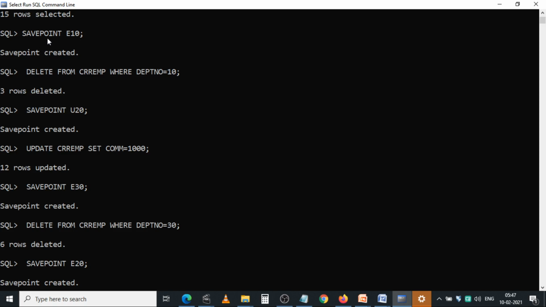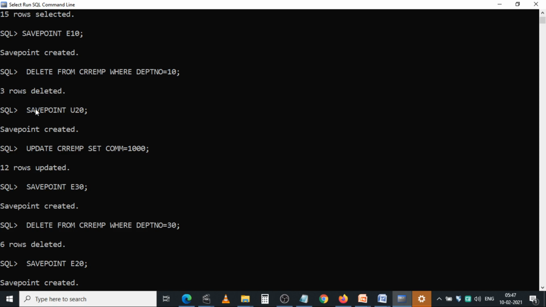The syntax is savepoint and the savepoint name. Here I have created one savepoint with the name E10. Whatever transaction you do after this savepoint creation will be temporarily saved with the name E10. Now I want to delete the records from the CRR EMP table where department number equals 10. How many records were deleted? 3 rows deleted, out of 15 rows.